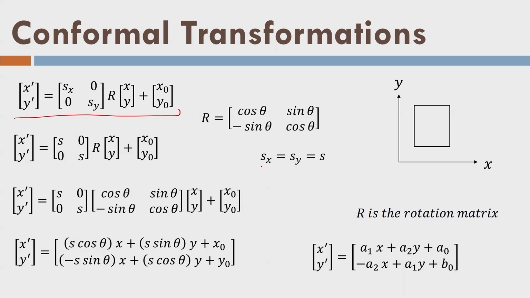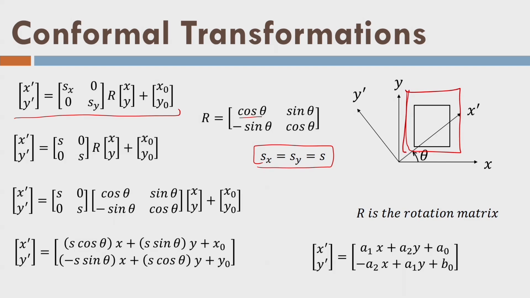I put Sx equal to Sy equal to S. So what's the meaning here? When the scale in the generic transformation is made equal in both directions, it is called a conformal transformation, which means rotation will definitely happen here by theta angle, but the scale in the two directions x and y will remain the same. This rectangle will rotate, the scale is the same, and as a result this rectangle can be enlarged like this after transformation, or it can be shrunk like this, but still the scale in the two directions is the same.